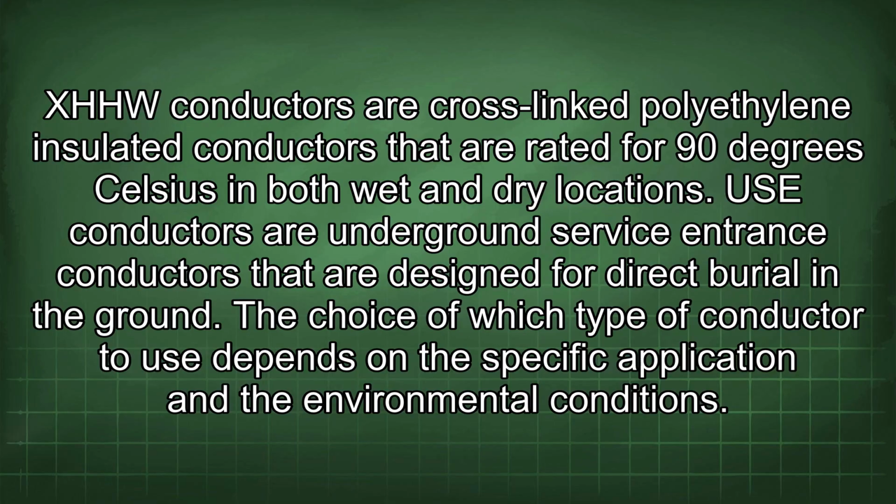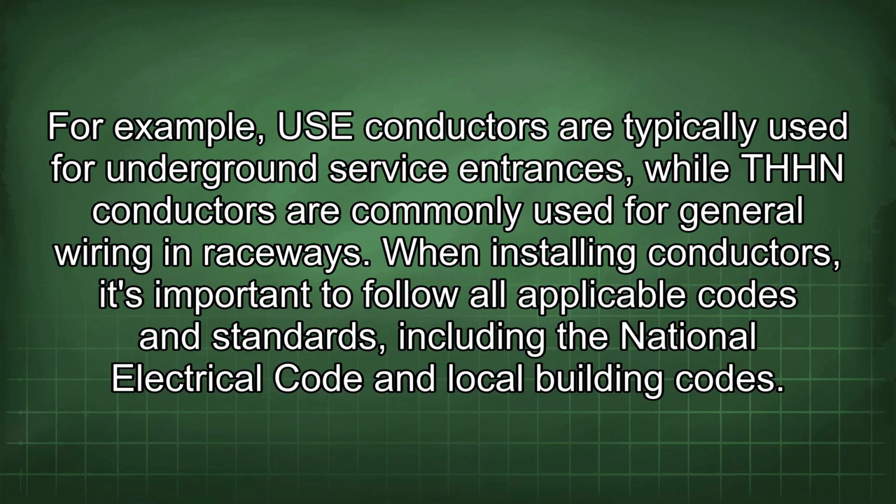USE conductors are underground service entrance conductors that are designed for direct burial in the ground. The choice of which type of conductor to use depends on the specific application and the environmental conditions. For example, USE conductors are typically used for underground service entrances, while THHN conductors are commonly used for general wiring